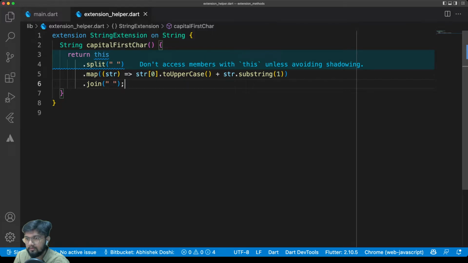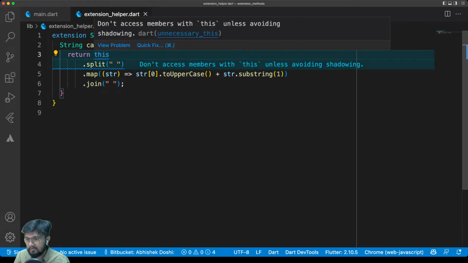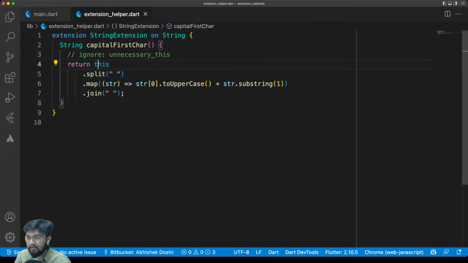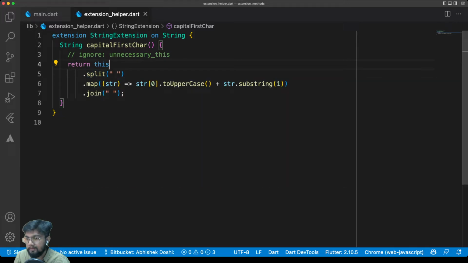And let me quickly ignore this comment, or you can do it like this as well. If we don't use the word this, we can do it directly too. So yeah, that's just split. Basically it would return a list of string. You can see it returns a list of string, which would be the words of the string that we have,